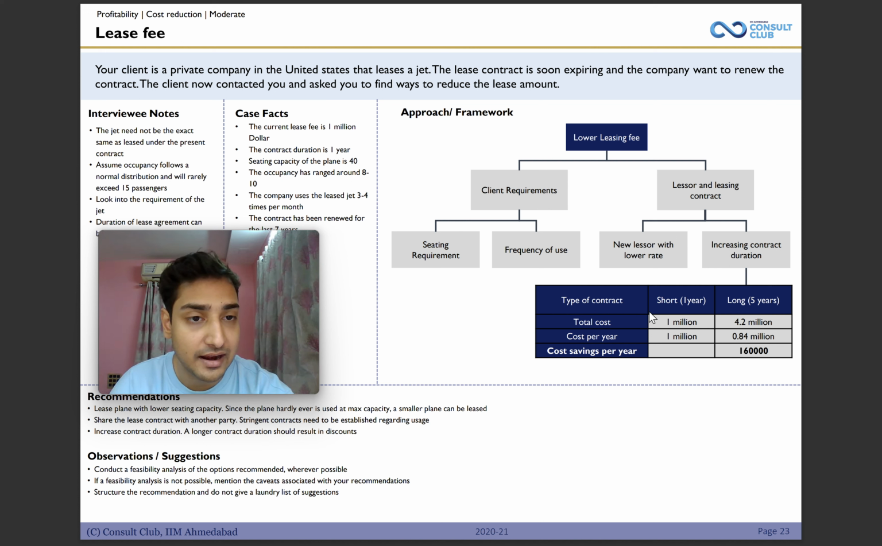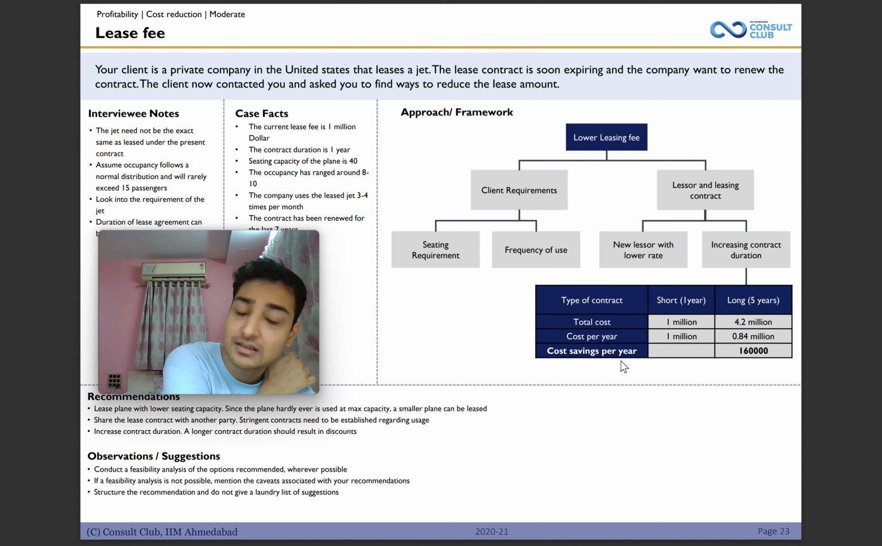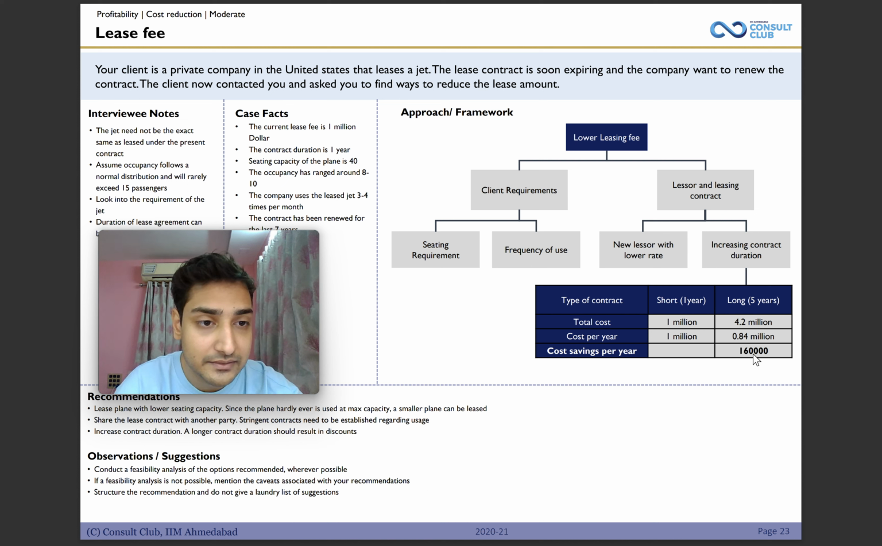Okay, so the type of contract, short and long, is 1 year and 5 years. So total cost is 1 million, and total cost is 4.2 million. Cost per year is 1 million, and cost per year is 4.2 means 0.84. Cost savings per year is, okay, so per year, you save 160,000